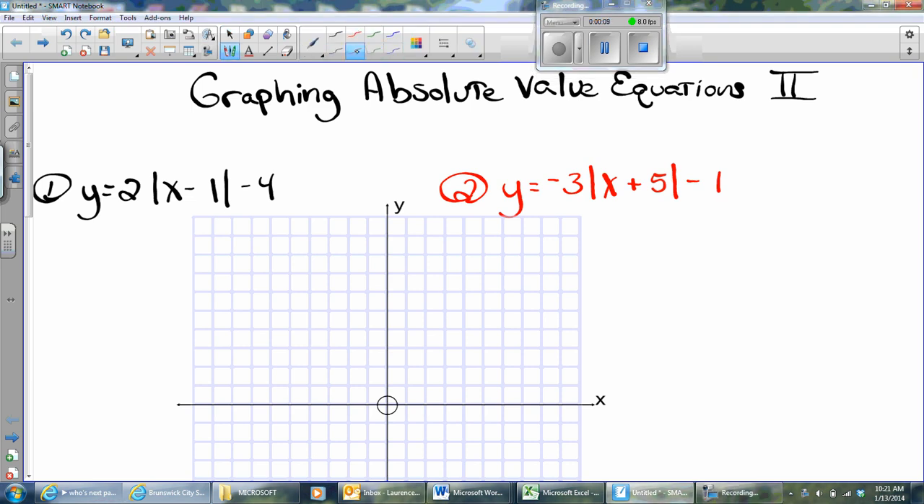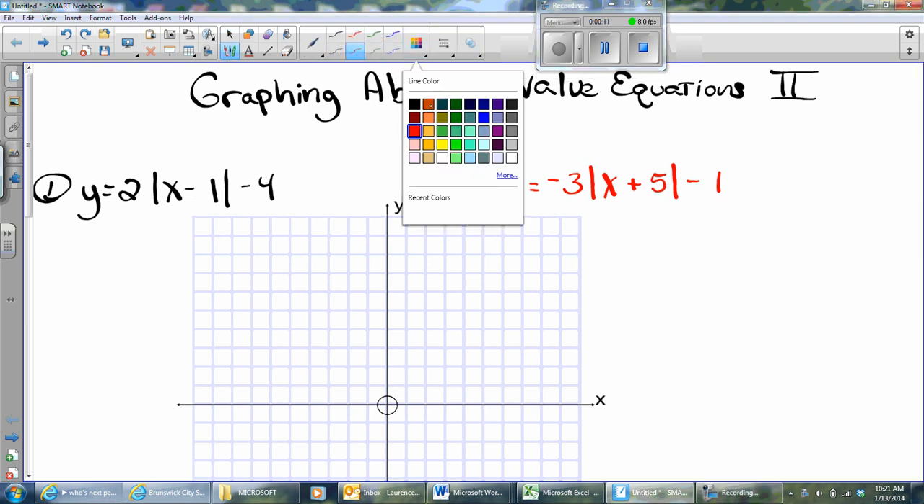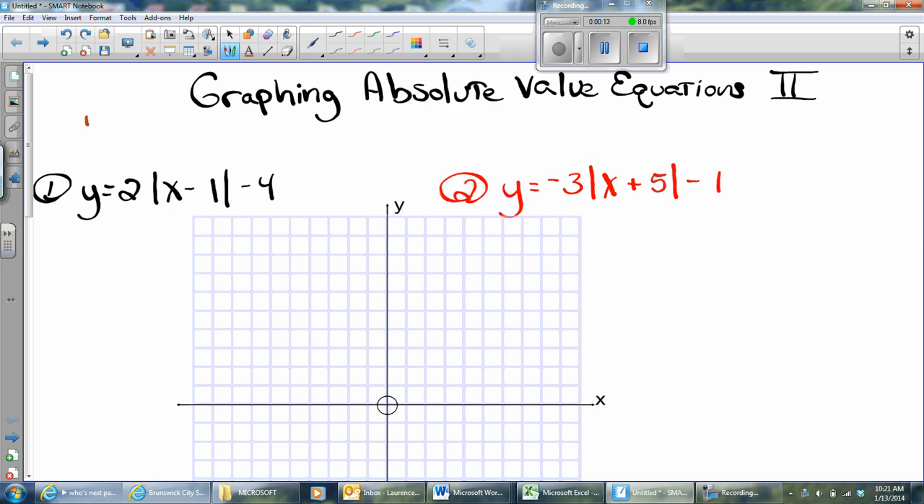These equations kind of look like y equals mx plus b. Not exactly, but they kind of look like it. So today we're going to explore what's going to happen when we have a number in front of the absolute value like this. And you might have guessed that's going to be kind of like the slope, because when we did these,